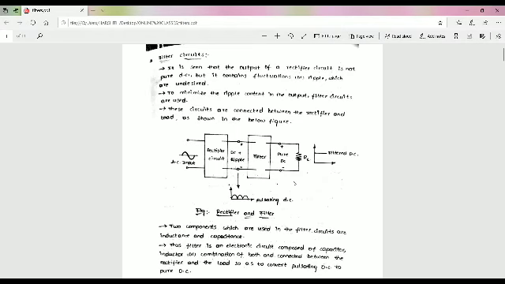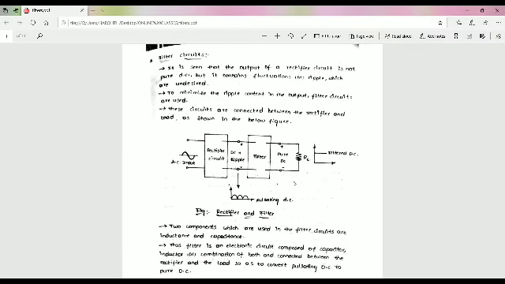Practically, the filter circuit will try to minimize the ripple at the output. Basically, the ripple is AC. Ripple means AC, which varies with time, while DC is constant with respect to time. Hence, in order to separate the DC from the ripple, the filter circuit should use components which have widely different impedance for AC and DC.